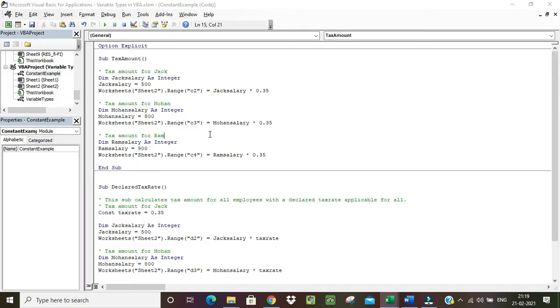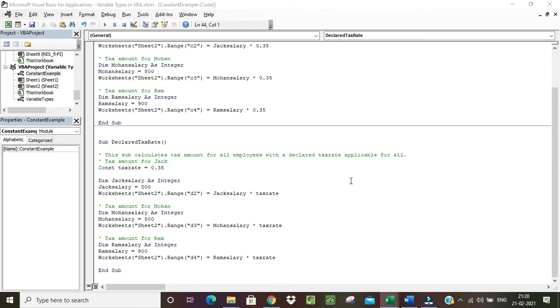So this is only 3 lines and it seems very easy. But what if we have 5, 10, 15, or 100 such lines where we have to apply the same tax rate? And what if the tax rate changes, let's say this one is for Q1, and the tax rate changes for Q2? Again, we will have to write 100 lines of code, or go and make the changes. So instead of that, VBA also provides us with the option of declaring a constant value. In the previous example, we saw declaring a variable, but here we can declare a constant value also, and we can use it throughout our code.